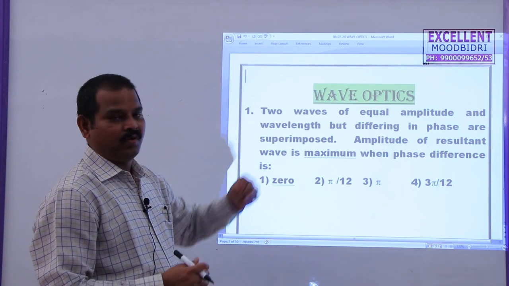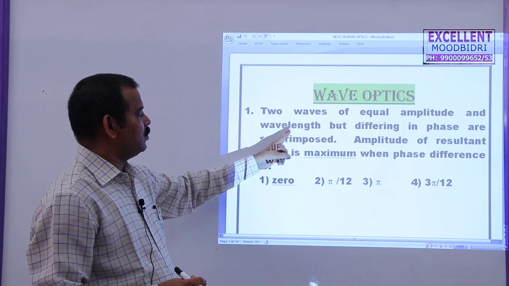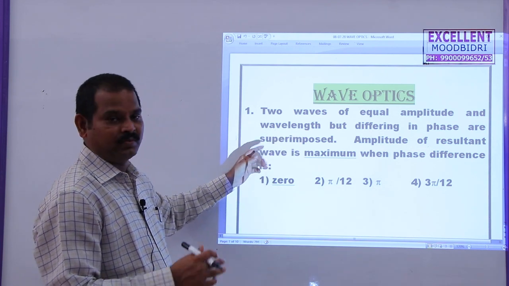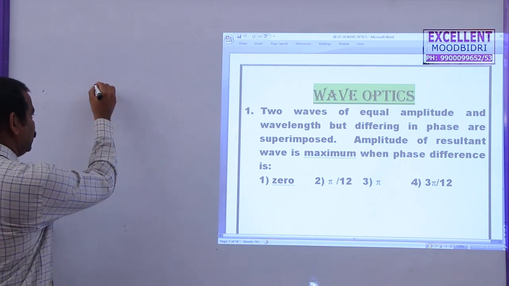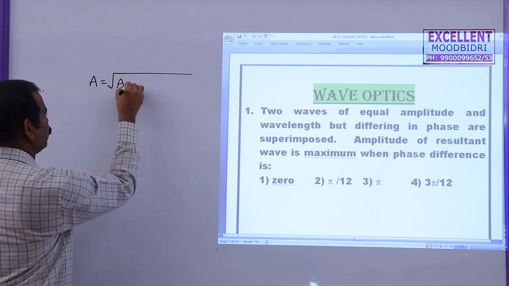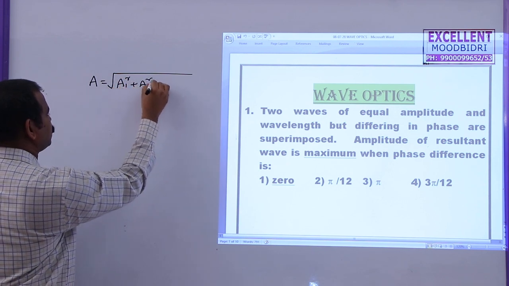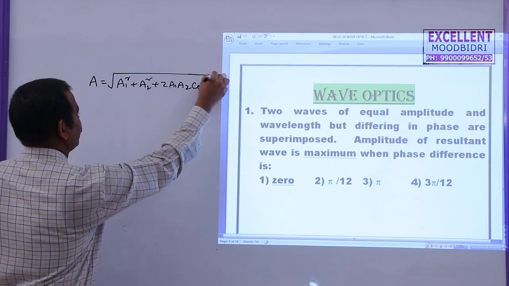Today's topic is wave optics. So in this, two waves of equal amplitude and wavelength but differing in phase are superimposed with each other. The amplitude of the resultant wave is maximum when the phase difference is... Resultant amplitude is given by root over a1 square plus a2 square plus 2a1 a2 cos phi, where phi is